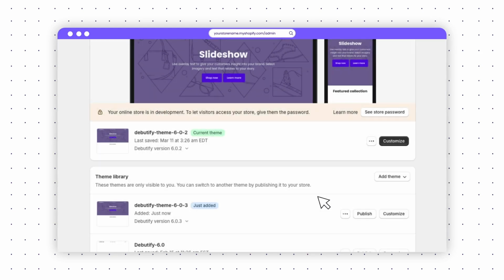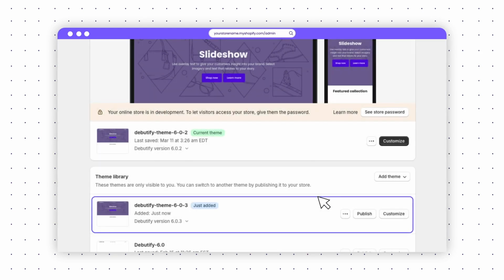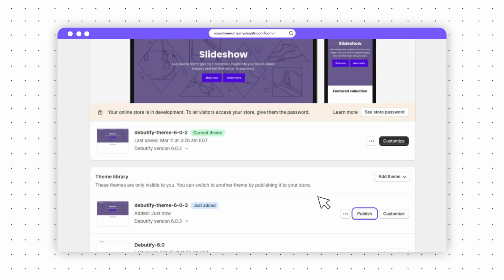Once uploaded, the theme will be visible in your theme library. Now you can click Publish and make it live or customize it before you publish. And that's it. You have successfully downloaded and installed the latest version of